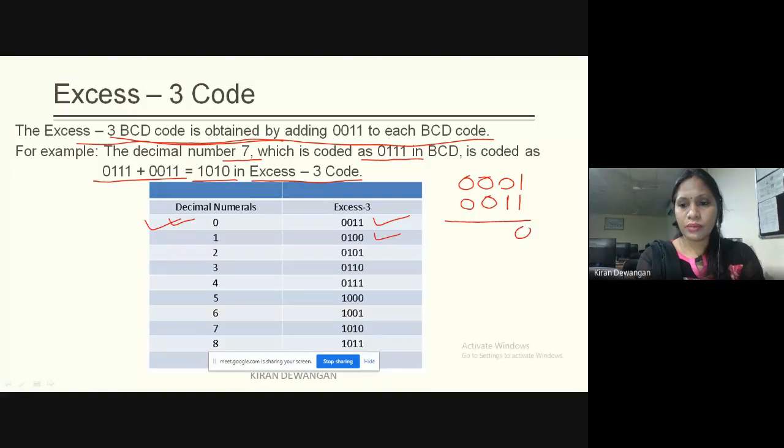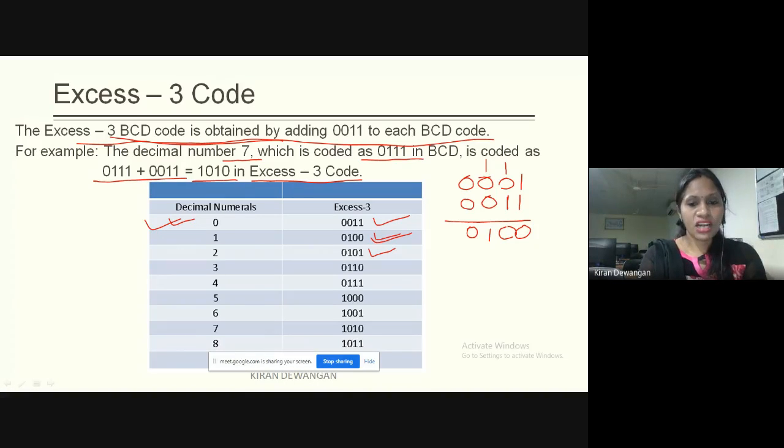So here it will be 0 and carry 1. Now 1 plus 0 plus 1 is again 10. This will be 1 and this is 0, and hence we get 0100. Clear? So this is how we'll get all the codes.